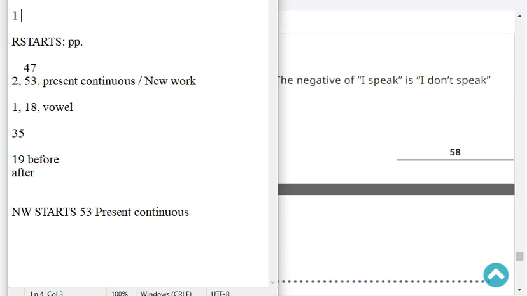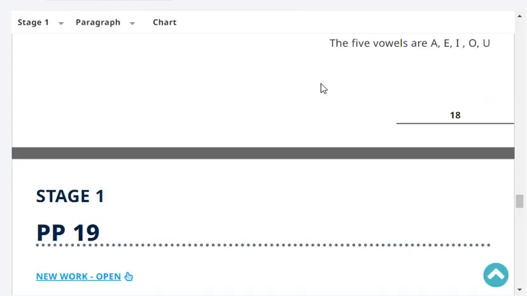Which letters before E? D's before E. Which letters after I? J's after I. Which letters before